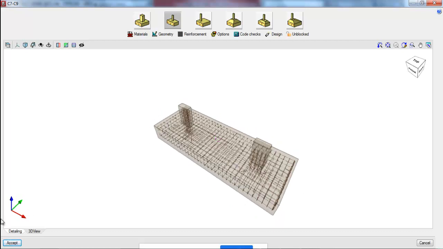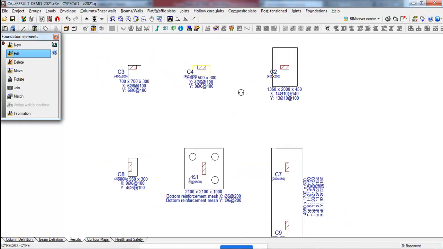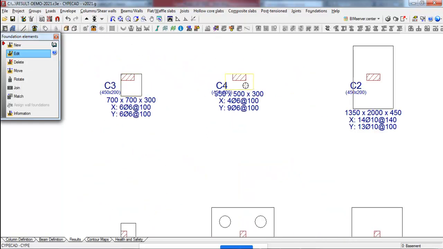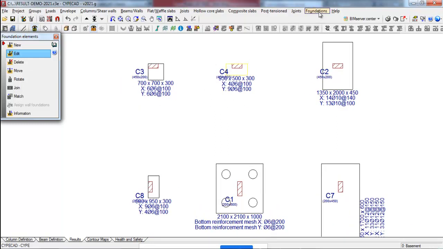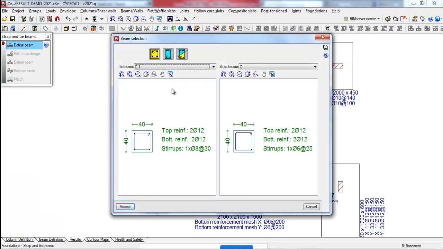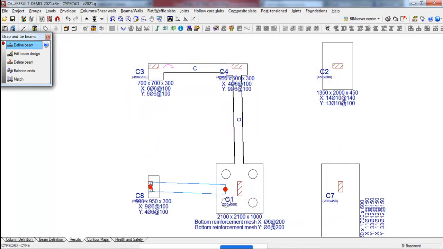Okay, and then you see, whenever we have an eccentric footing, you cannot have a standalone eccentric footing. It doesn't exist actually. Generally, if somebody is doing a single standalone eccentric footing, it doesn't work. You should always connect the eccentric footing with a strap beam. So we are going to select a strap beam now. I am considering a strap beam and connecting from this column to this column like this.